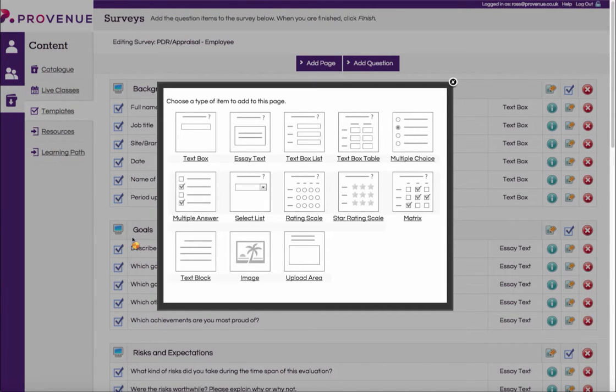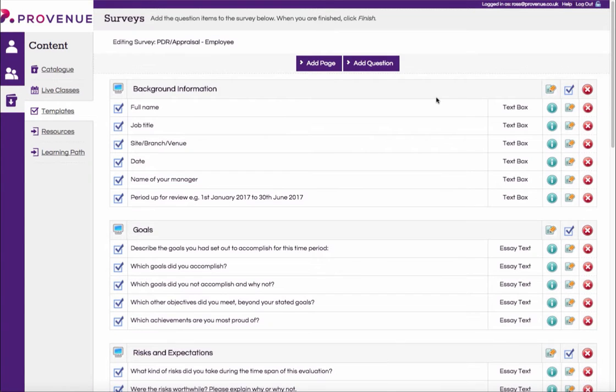You can decide whether or not you want a question to be mandatory, and if that question is actually dependent upon the response from a previous question, which does make it very flexible and in-depth. There's no limit as to how many questions you can create, and if it's going to be a fairly comprehensive appraisal, as I said, you are best breaking it up into sections like we've done with our appraisal here, and